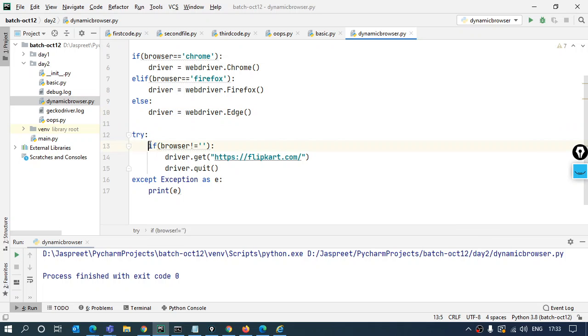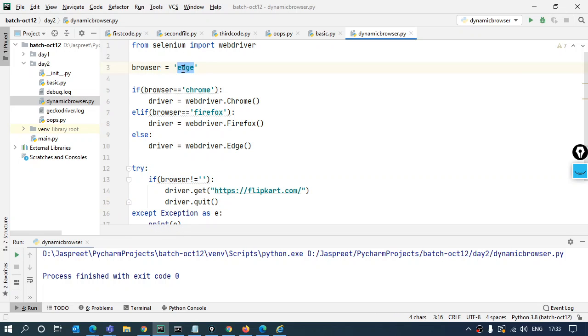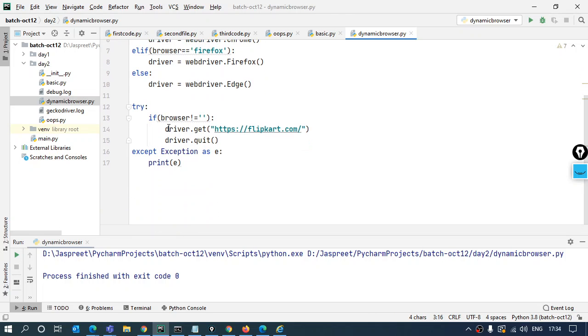This is just to make sure, because if I didn't have any value in the browser in the previous run, then at the point when it's opening the URL, it will give me an error that there is no such driver defined. So just to make sure that my code does not terminate unexpectedly, I have it in the try catch block. Even if some error has come, it terminates my code normally, not unexpectedly. That is for the try catch block. Any other questions or doubts from your end?